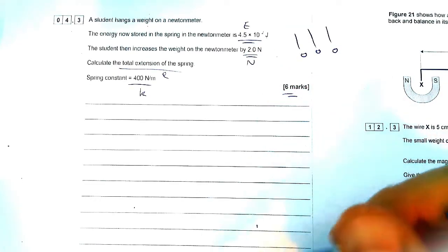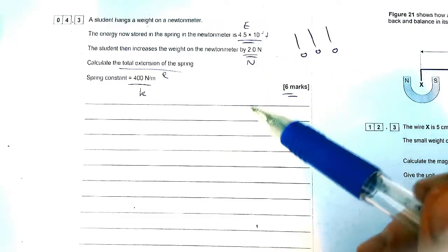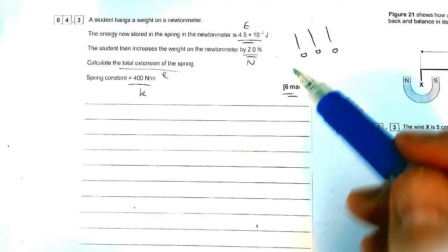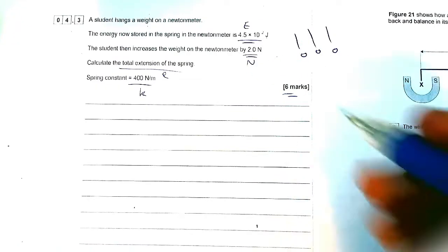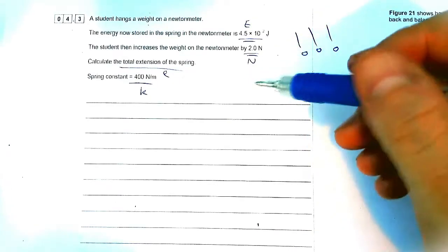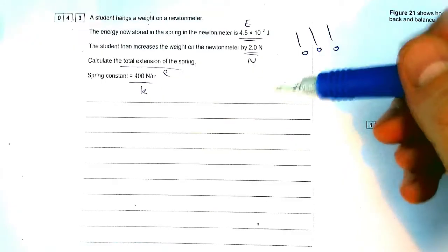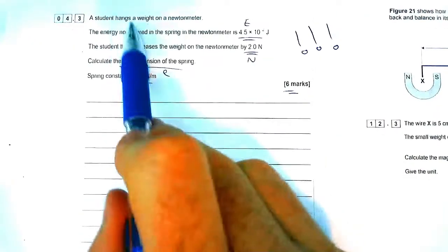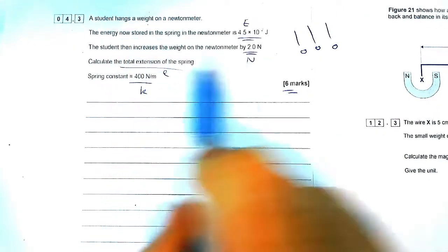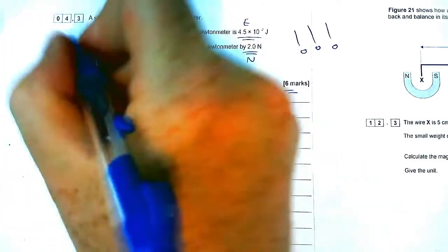Okay, so we've got a force here, and we could just try and work out the total extension and put them into an equation. However, it doesn't work initially, because it says there's a weight on the Newton meter, the energy stored is this, then the person increases it. There are like 2 sections to this question, basically. So what we're going to do first of all is find the initial extension, so when the weight